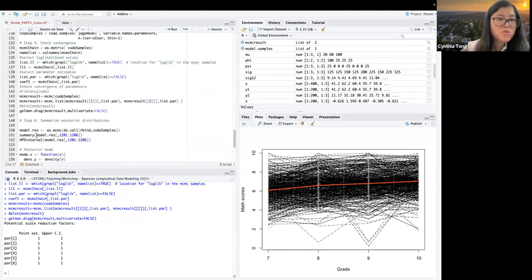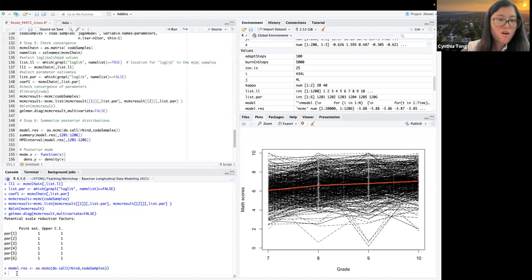because if you just do model res, it actually gives you all the log likelihood values. The log likelihood takes 1,200 columns because we have 3 time points and 400 subjects, so that is 1,200 columns. And after that, it's going to be our parameters. You can actually check this, but it just takes long to see that.